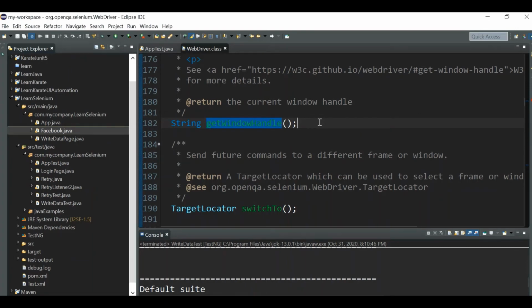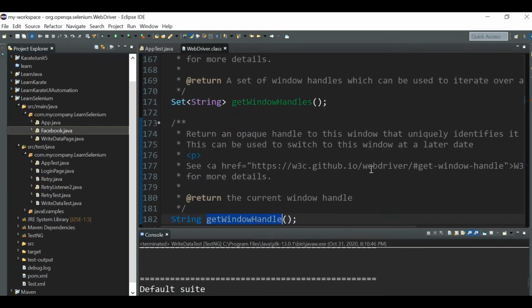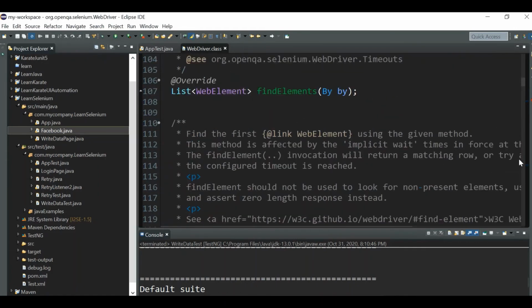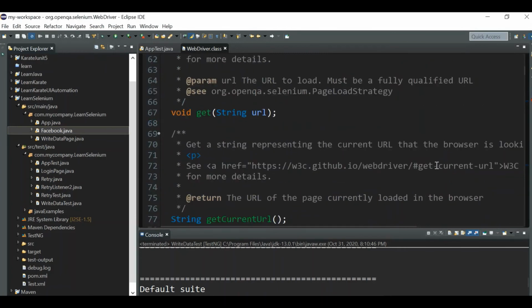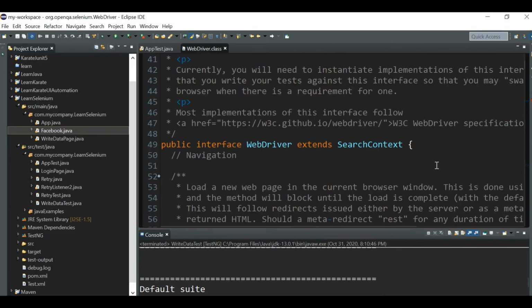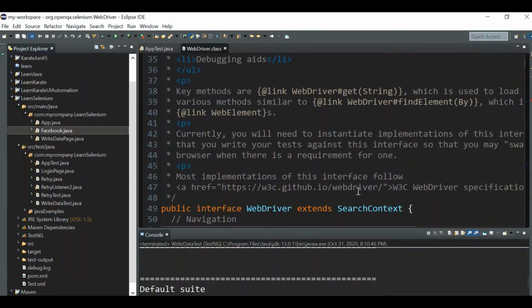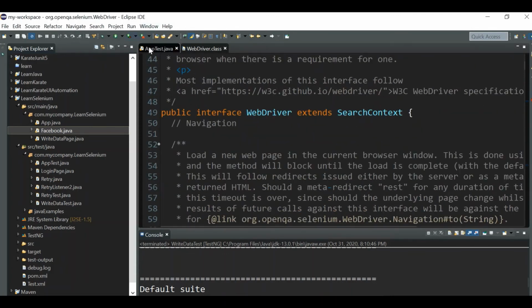Those two classes are giving the implementation for these methods, meaning giving the method body for these functions. But even in that case, Firefox driver and Chrome driver are not directly giving the body. Instead, they are extending a class called RemoteWebDriver, and the RemoteWebDriver is actually implementing this WebDriver. Let's see.